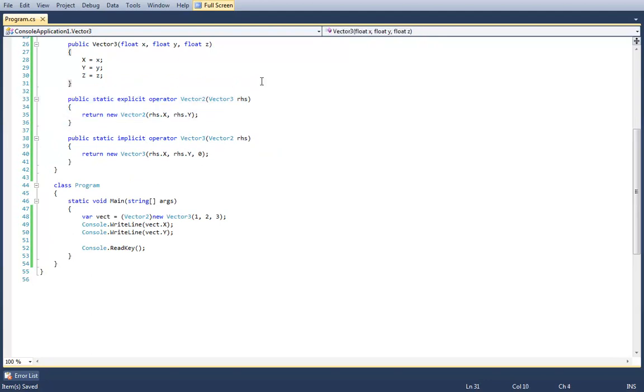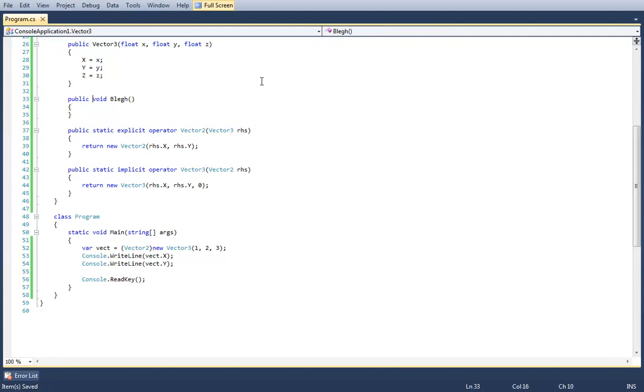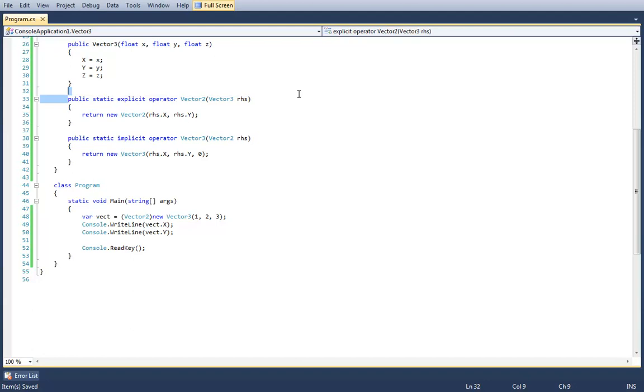Right. And by specifying the explicit operator, now true, the difference between an explicit operator and a method on vector 3 that returns a vector 2 may seem a little bit ridiculous as far as defining. Although they're doing essentially the same thing, you're actually explaining more the reason for its existence by using the operator, surely. Right, because I'm using a bit of syntax built into the language itself to express a particular concept, and that concept is the concept of conversions.